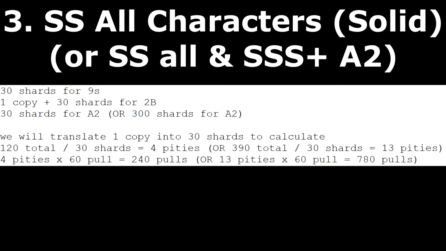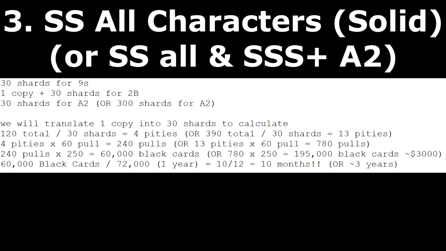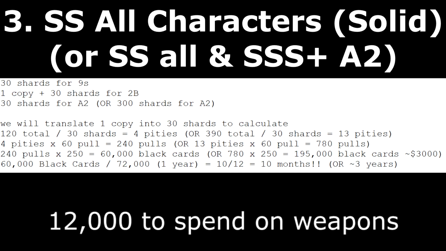So with all of these shards in mind to have them all double S, it equates to 120 total shards divided by 30 shards per pity to get 4 pities. And then we multiply these 4 pities by 60 pulls to get 240 pulls. And then those 240 pulls multiplied by 250 black cards per pull gives us 60,000 black cards. So this leaves us with 12,000 black cards to spare,